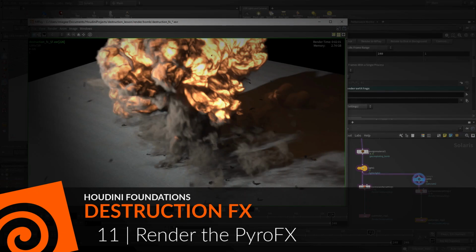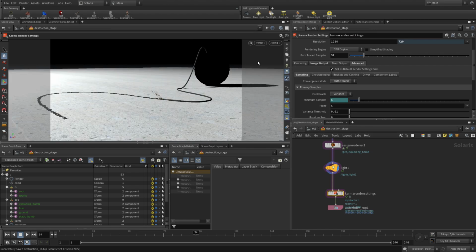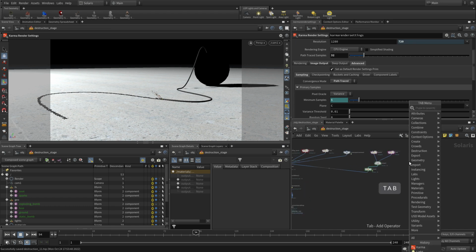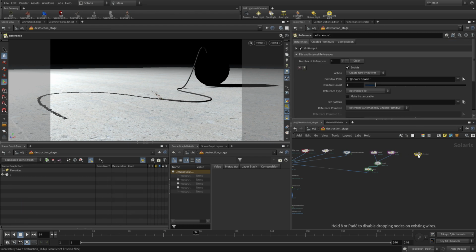Now let's render the PyroFX and create the final output of the shot. So we're going to go back to a GL view in here while we set up the PyroFX, and we're going to set that up off to the side. We're going to reference it in